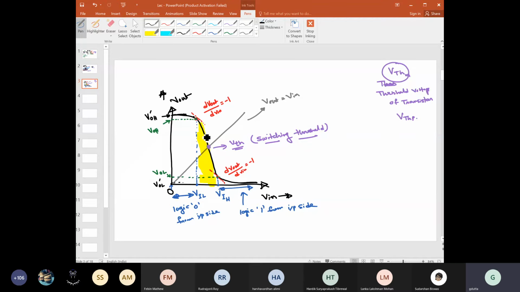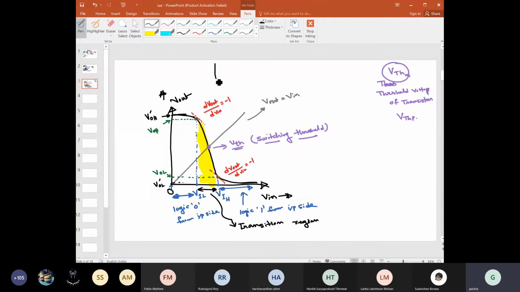So if I have to draw it, I will draw it like this. Transition region. And the width of this transition region is expected to be as small as possible,